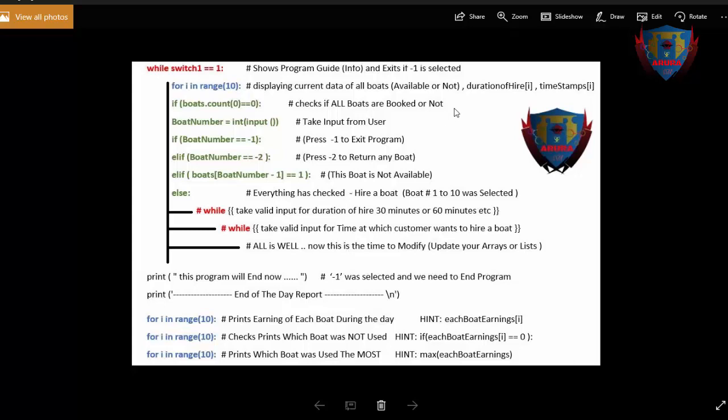The next array is for duration of hire, 30 minutes or 60 minutes. It also tells me what I need to charge him. Timestamp also has 10 values, from index 0 to 9, where I will save what time the boat was hired. Let's say 1 o'clock, 2 o'clock, 3 o'clock, 4 o'clock. And the last array is for the earnings of each boat, where I will save how much money I need